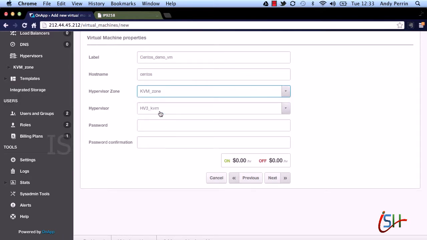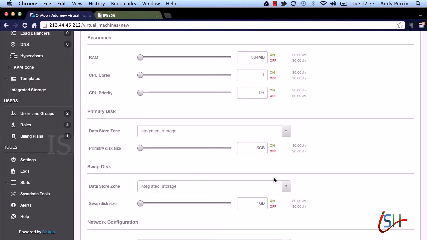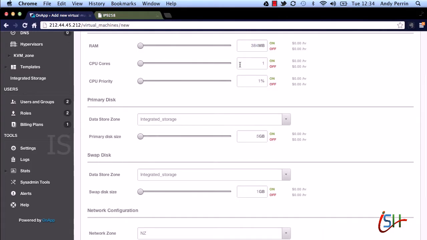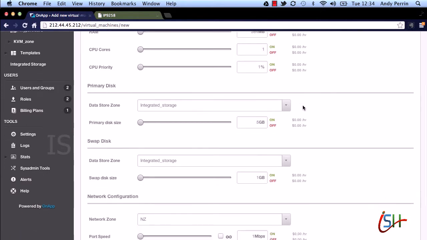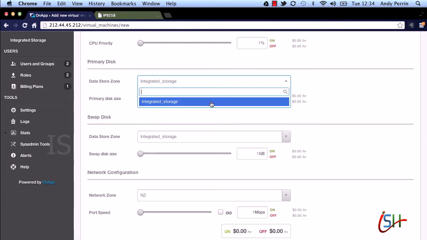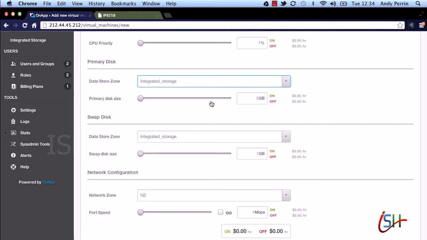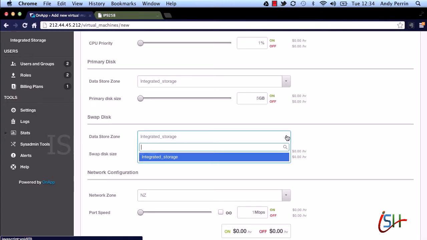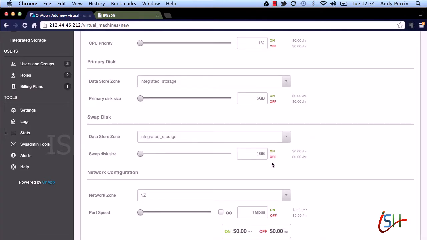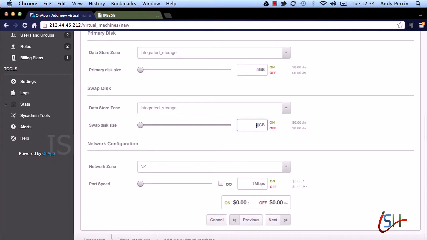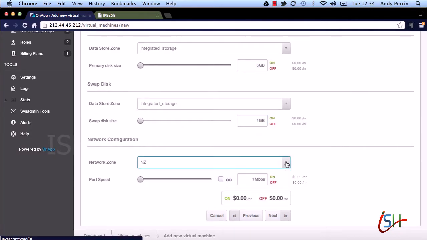We'll leave the password blank and let the system automatically generate one, and then we'll see the resource screen. Let's leave the default values as they are. Now for storage, we can see the integrated storage data store zone and the default size of 5 gig, and it's the same for the swap disk. We've only added one data store zone at this point, so that is selected, and the size again defaults this time to 1 gig. We'll leave the network zone as it is, change the port speed to unlimited,